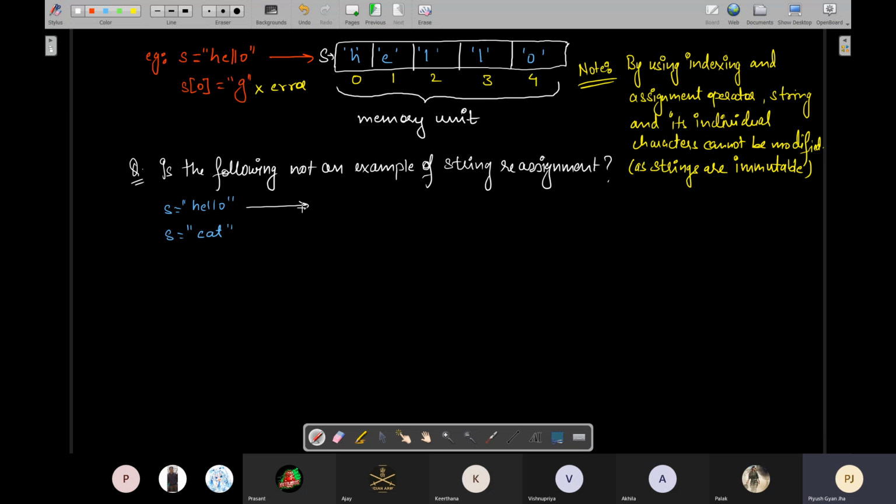Line number 1 के execution से क्या होगा? A memory block will be selected. उसमें hello will be put up. ठीक है? And that will be named as S. उसको हम लोग S बोलेंगे. Right? But